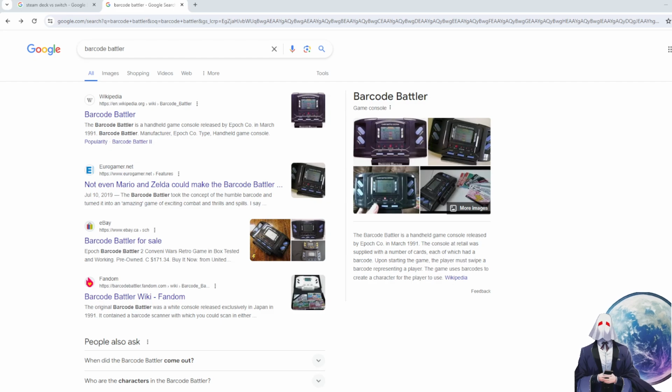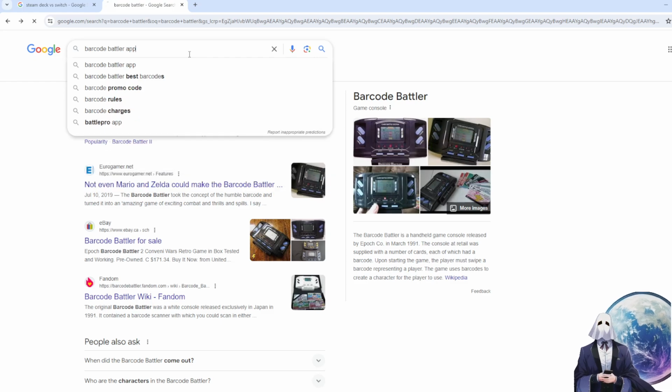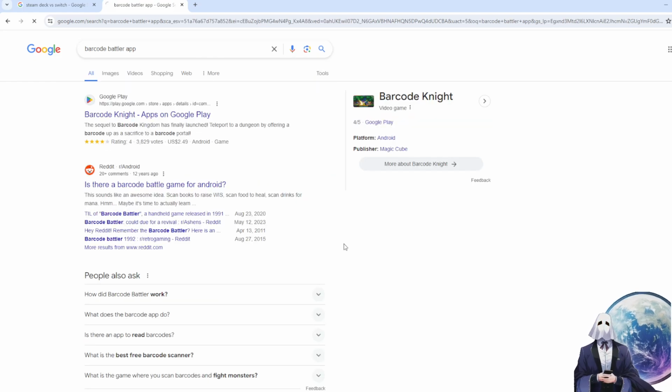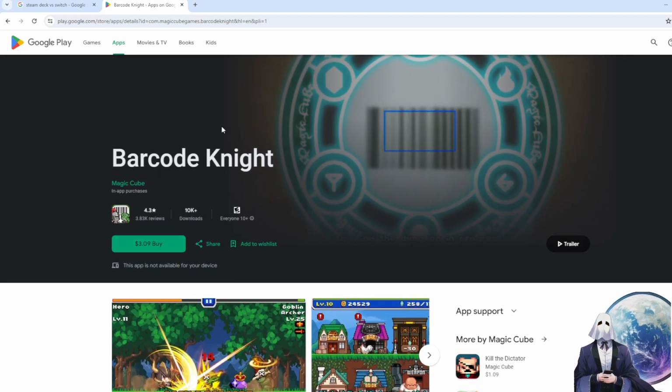You can get one for $49.10 plus $25 shipping from Australia. QR code combat, yeah. Mortal Combat. Let's see, Barcode Battler app. Barcode Knights. The sequel to Barcode Kingdom. There you go.